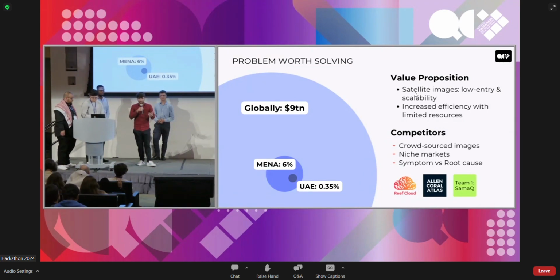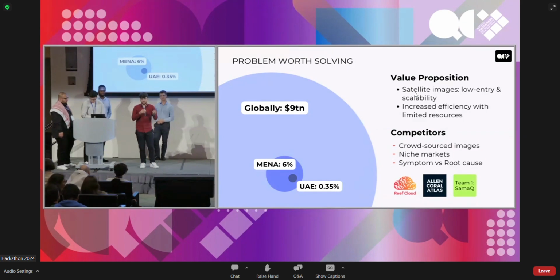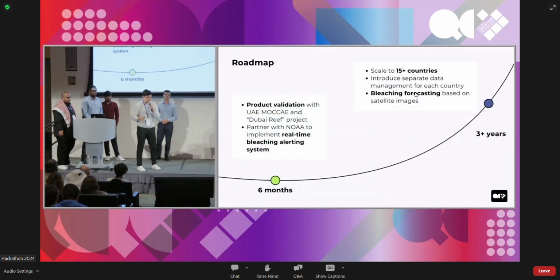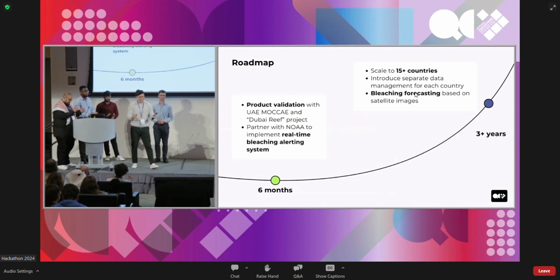Now, you might be wondering what sets us apart. Our competitors use crowdsourced images, and they're based in niche markets like, for example, Australia. On top of that, we're not only figuring out where the coral reefs are dying, we're going beyond that and trying to solve the problem. So we're planning, in the next 3 to 6 months, to validate the product with the UAE Ministry of Ecology and also implement the real